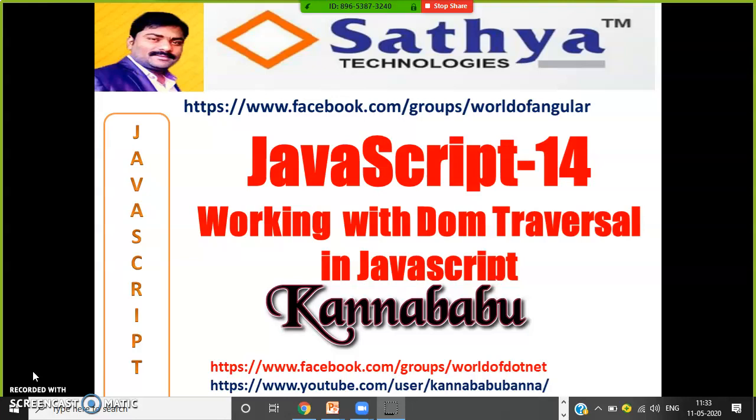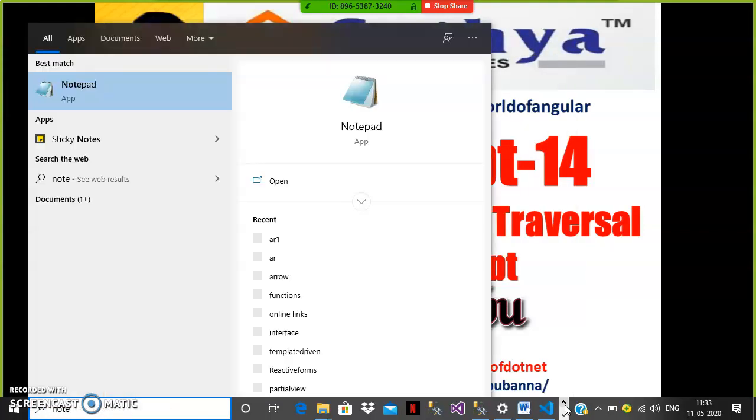Is it clear? So we already know whenever you try to develop any application, you have to deploy that application on the server. So that when the end user sends the request to the server to access that application, then what is created? A document object is created. Is it clear? And that document object is responsible to access the HTML element values at what time? Runtime. DOM means document object model.